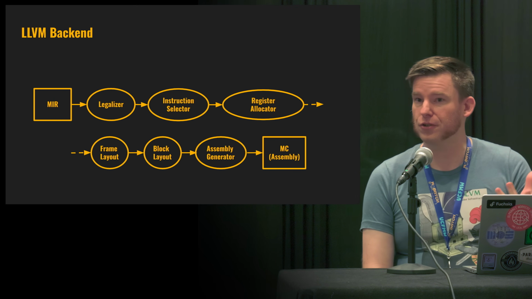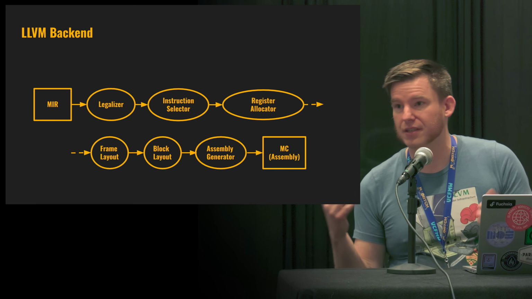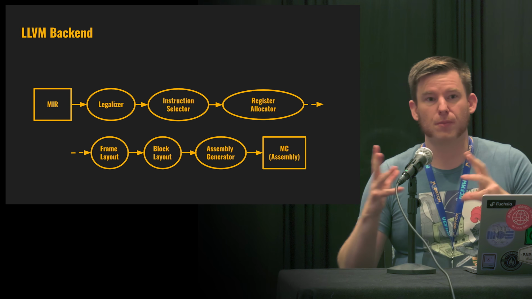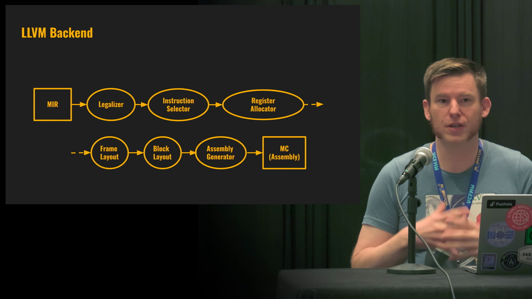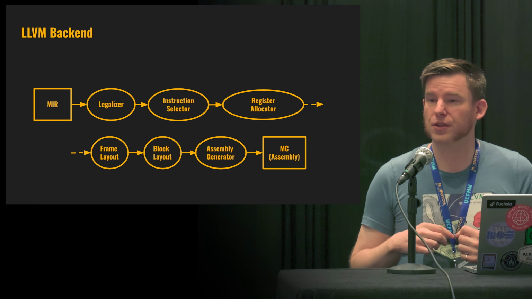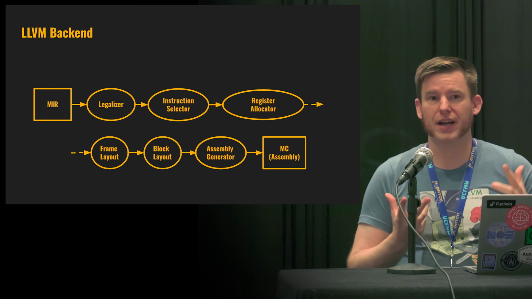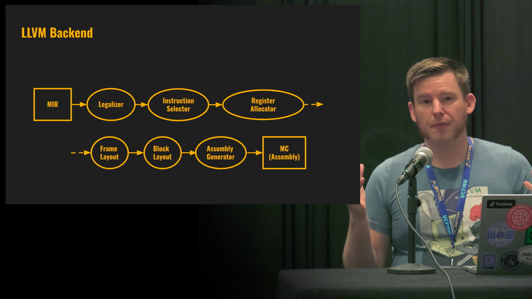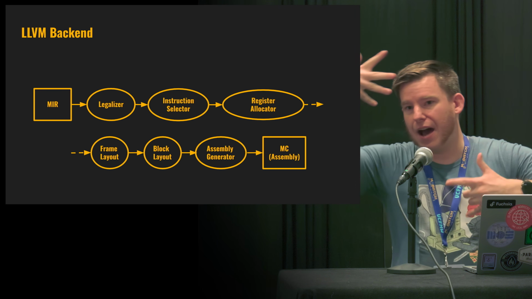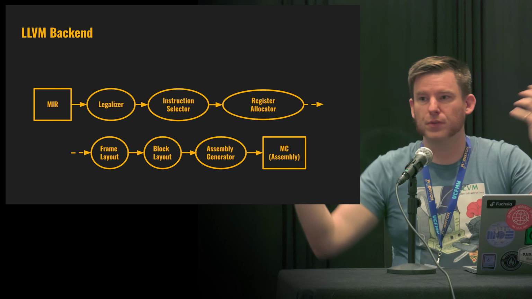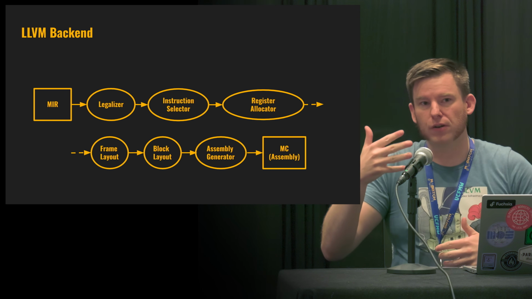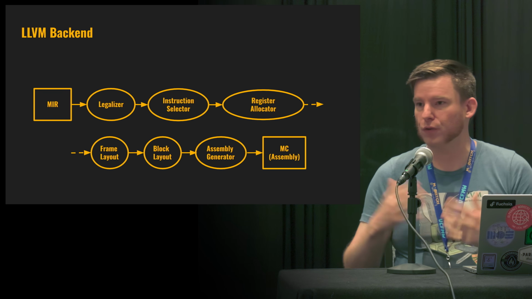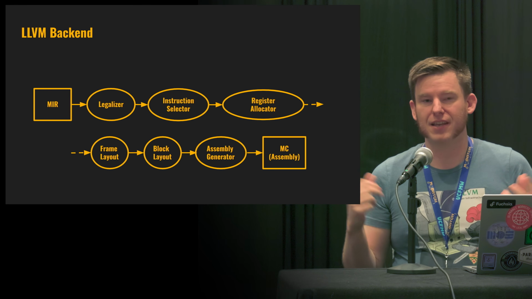Once we've allocated registers, we know what fits in registers and what doesn't. So we can take the values that don't and put them on the stack and lay out stack frames. So we do that. Then once we know the stack frames, we have basically a final set of instructions. And we can start doing things like laying out these blocks of code that jump to each other. Some jumps are nearer and some jumps are further. So this is kind of the first point where we really have the ability to say, oh, this branch is